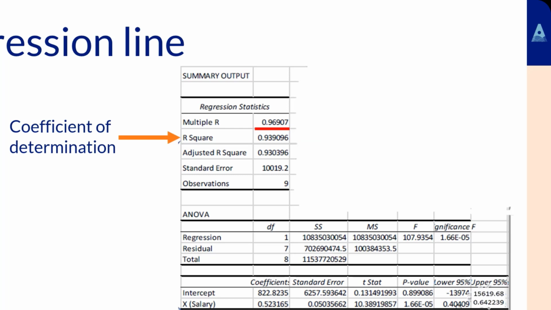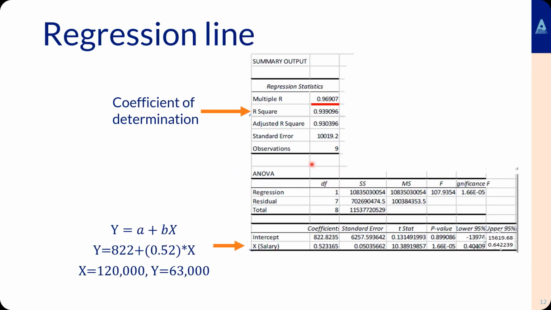So what it's saying is that approximately 94% of the change in y is caused by x. So that's a very strong relationship, that x causes almost all the change in y. 0.939 or 94%. But we're not going to look at the standard error and observations,